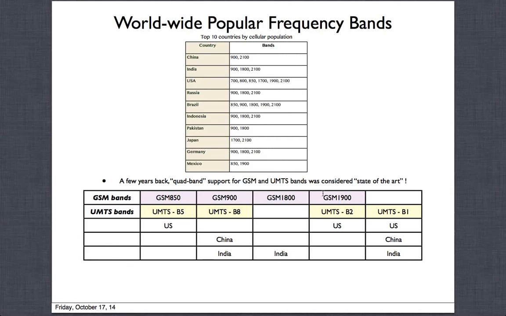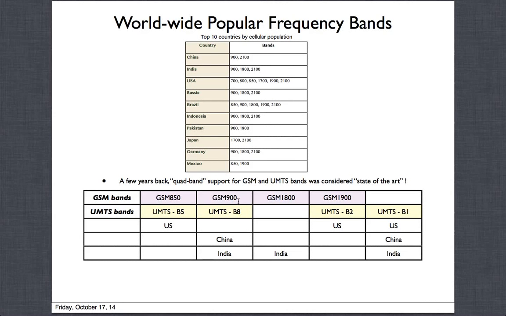This does not mean that there are not other frequency bands. There are lots of other frequency bands where GSM could be supported and is also used, but only a very small fraction of it, and we will have that table later on. But what I'm trying to say is, if you took those 14, 15, 20 different frequency bands, these 4 are the ones primarily used all over the world. That's why these are the most popular bands.